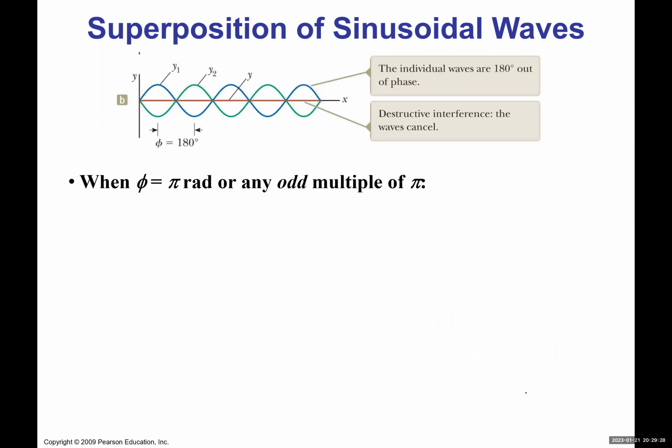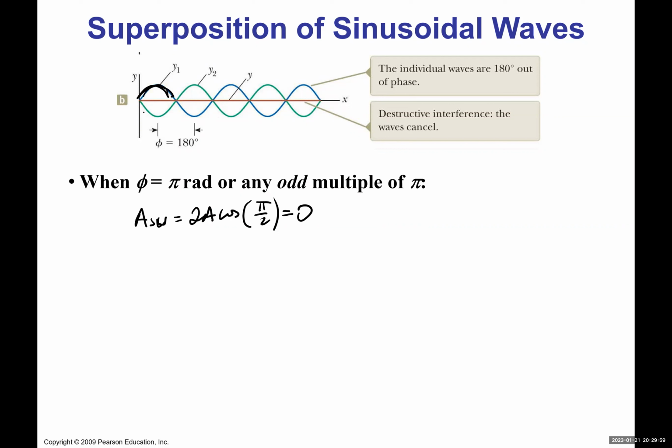Obviously, then we can have destructive interference when phi here is not, let's say, 0, 2 pi, 4 pi, and so on and so forth. Why if it's pi? Well, if it's pi, then the amplitude of the standing wave, a superposition wave, is equal to 2a cosine pi over 2, and we know that cosine pi over 2 is 0, so 2a times 0, we get 0, which means that